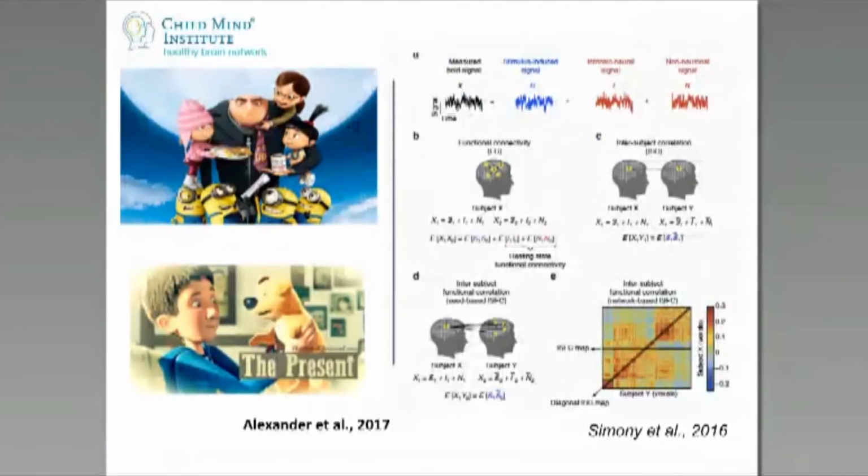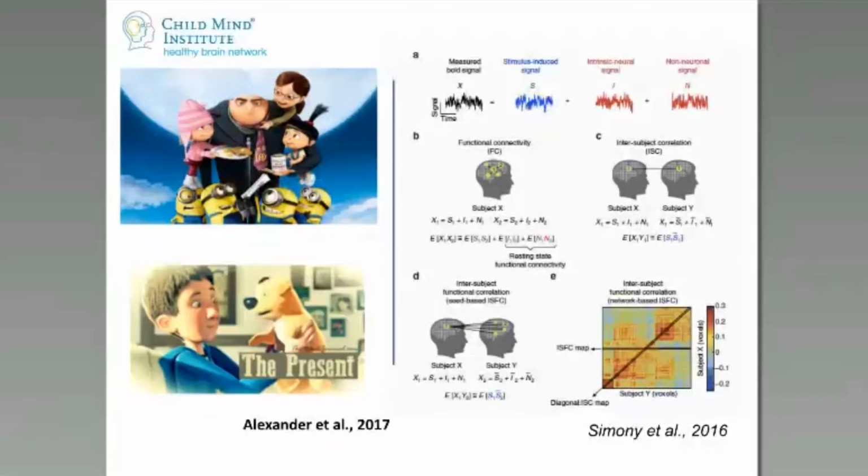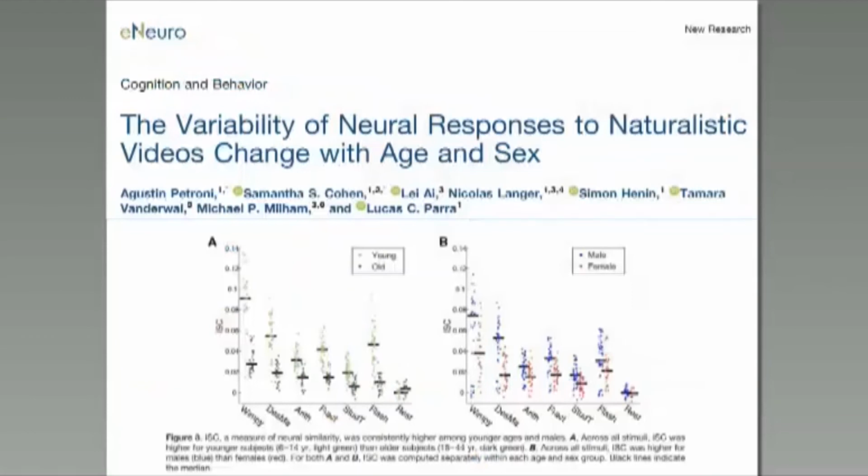And the naturalistic viewing creates a unique opportunity to have a probe that, if you think about MRI and EEG, even though we're not getting it simultaneously, what we did is we inserted the present. It's a short clip that occurs both in the imaging and in the EEG, non-simultaneous, but because there's a common signal in the two, one could try to go between the modalities and ask questions about inter-subject correlation between what's seen in the scanner and what's seen in the EEG, as well as just the broad range of questions one gets if you only focus on EEG about inter-subject correlation,